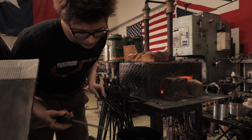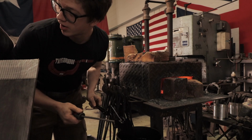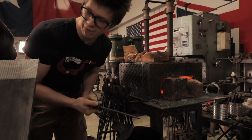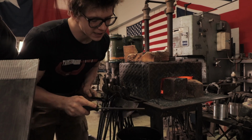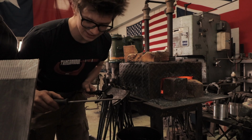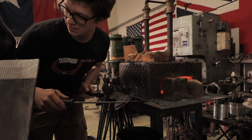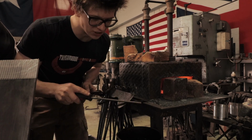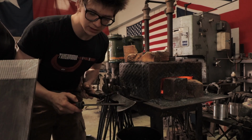So what does that do? So the file is obviously very hard. And the whole point of a file is you have a hard file to cut soft or normal steel. If that hard file isn't making a cut, it means that this is the same kind of hardness, because the file can't touch it. So if that just slips off like that and doesn't bite, it means that the steel is hard,